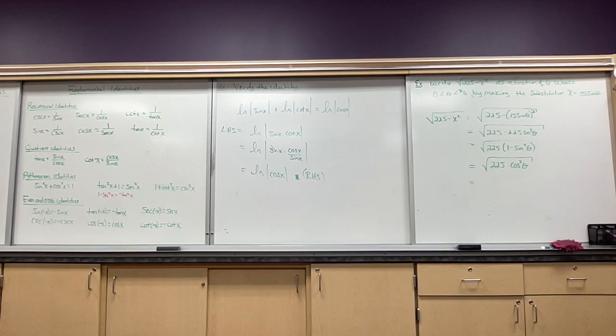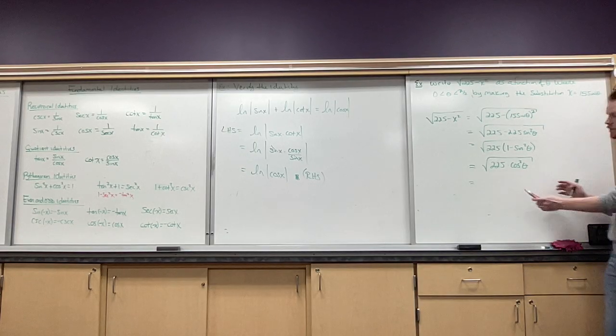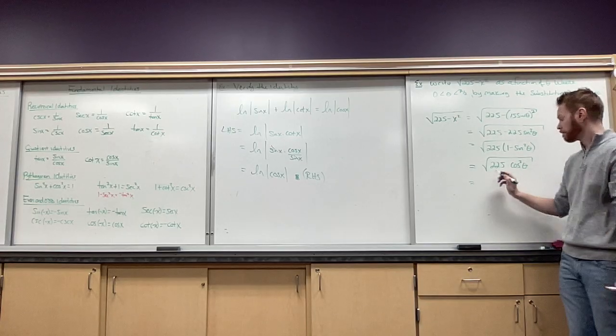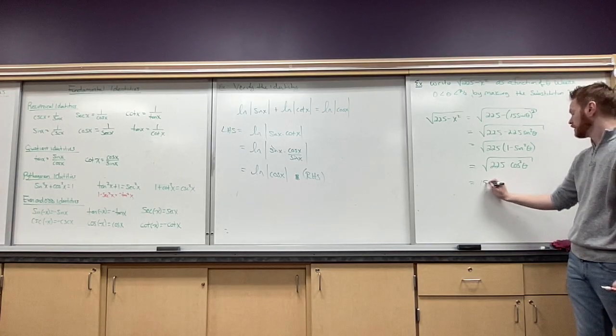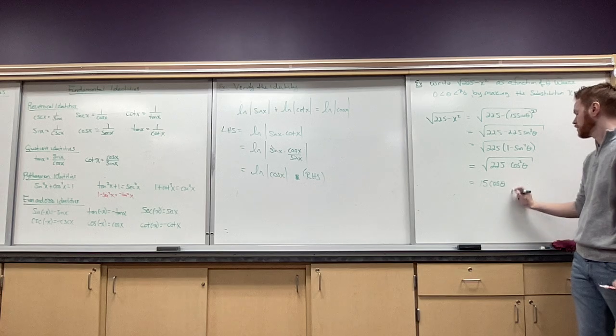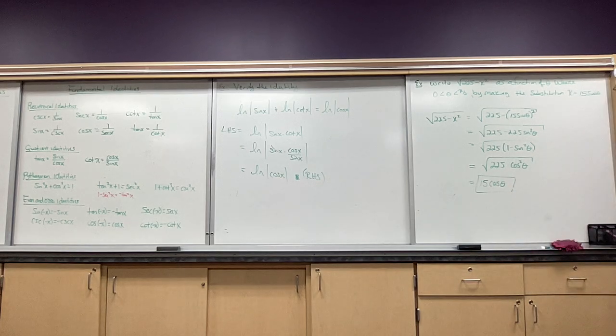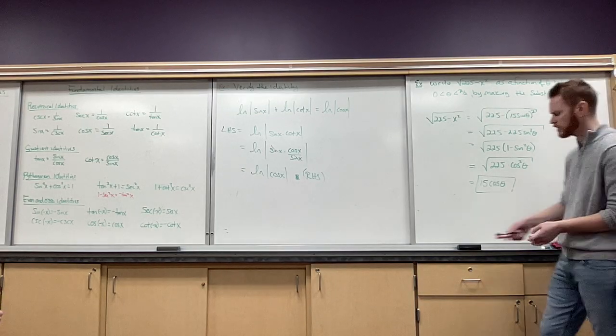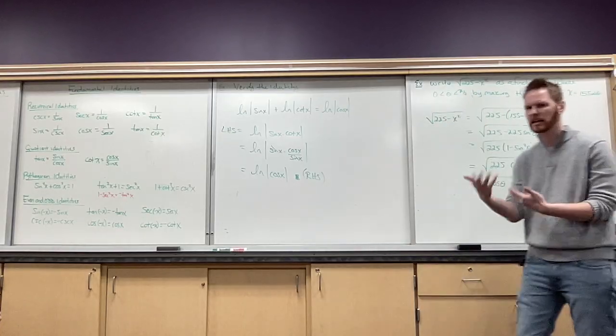Now, because there's multiplication here, I can split up the square roots. So I have square root of 225, square root of cosine squared of theta. So doing that both, we're going to get 15 cosine of theta. That's my final answer. Okay, so that's us taking a function, plugging in a trig substitution, and then simplifying it to see what we get. That's something you do quite a bit in calc, especially when it comes to integration and so forth. So that's just giving you a little bit of practice of seeing it and how you can